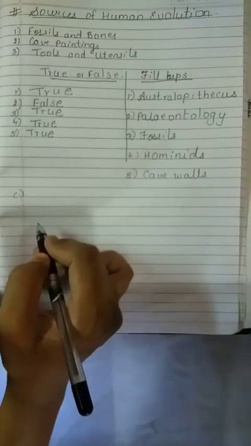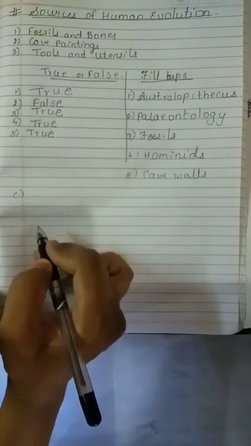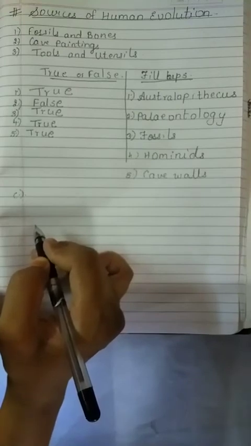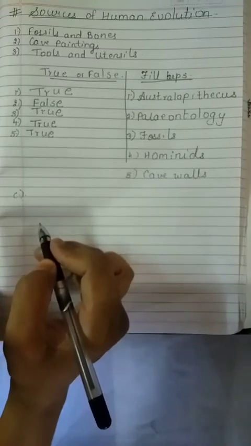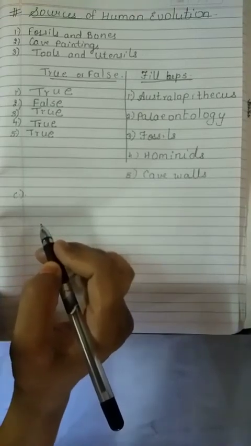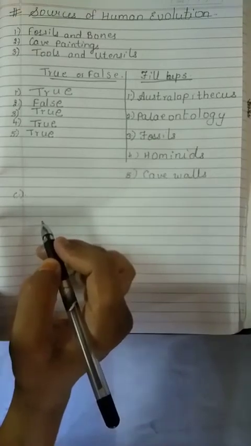I repeat. Answer number 5. Archaeologists, scientists and historians have used different sources such as fossils, bones, cave paintings, tools, utensils to trace human evolution. With this, we have done with all the 5 answers. Next,